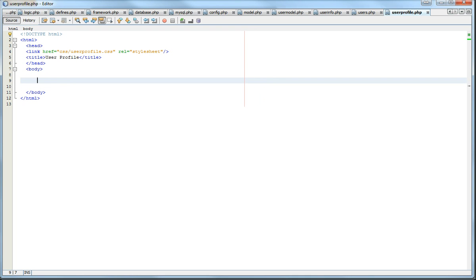Okay, so all I'm going to do basically here is make a simple two-column, we're not going to use tables, but a two-column table, let's call it. On the left hand side is going to list out the users, and then on the right hand side is going to be the main element, which is going to be the form, which is then going to display all of the data,